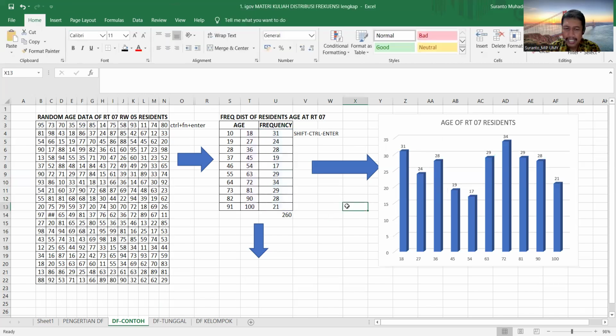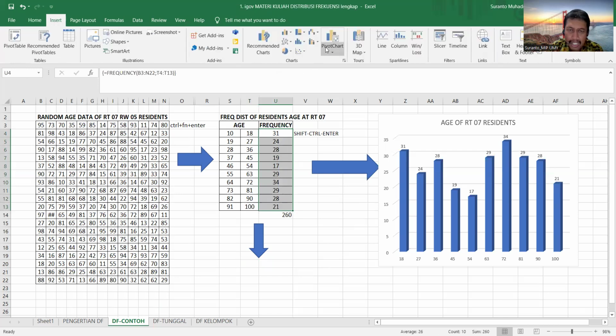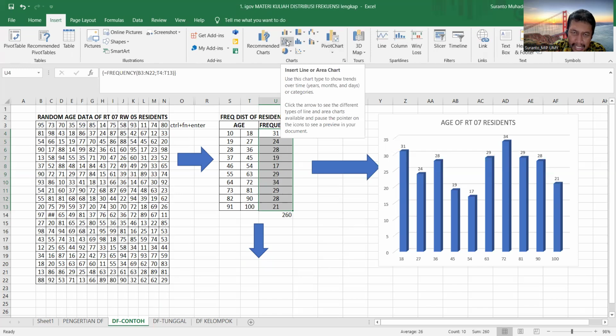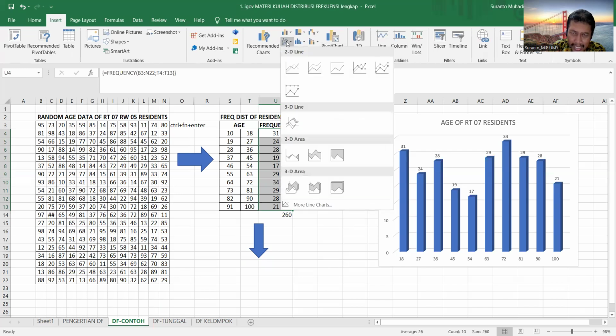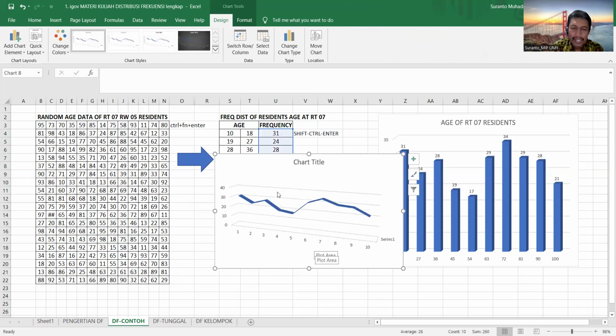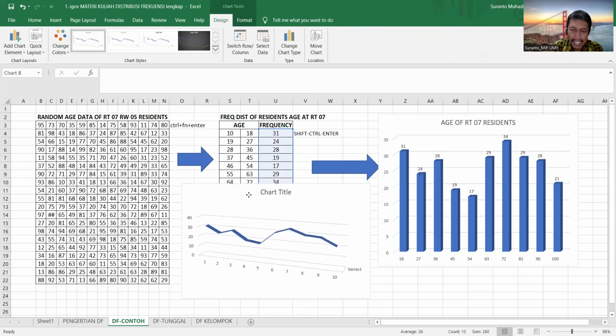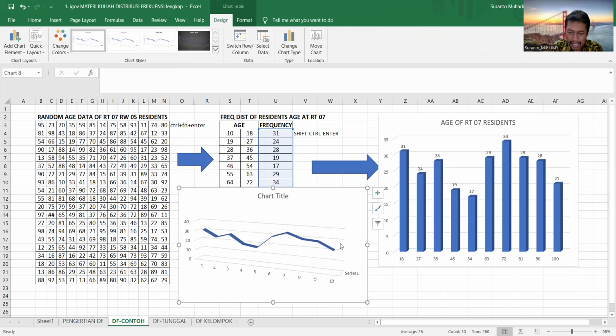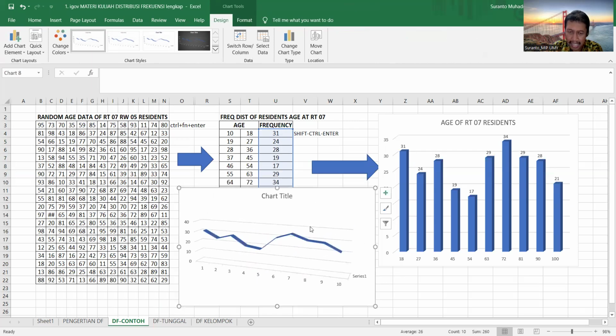The second one is the line chart. The steps are the same. First, just highlight the data and then Insert, but you must choose this type of chart, the line chart. For example, you just pick this. So you get the line chart. You can change the title.